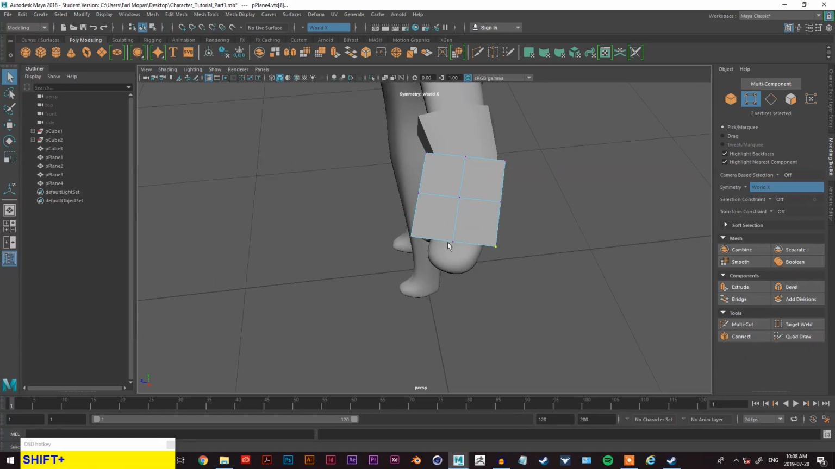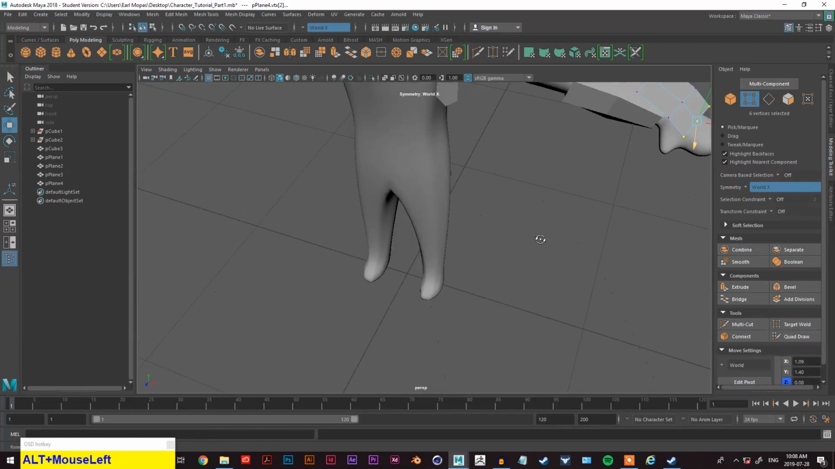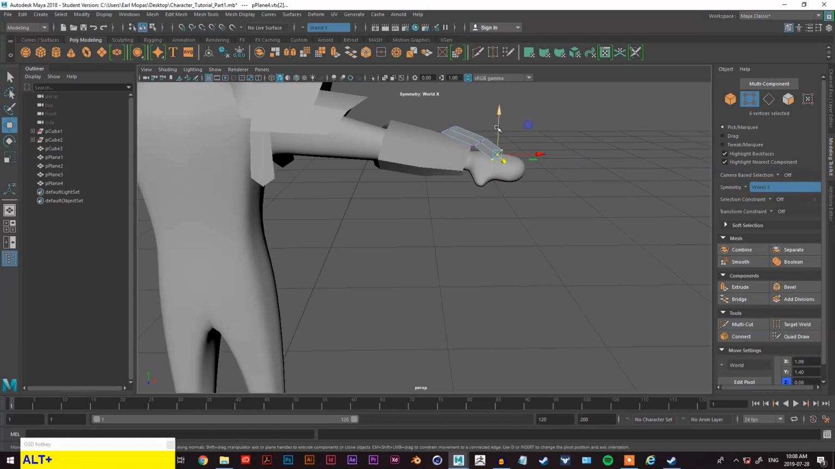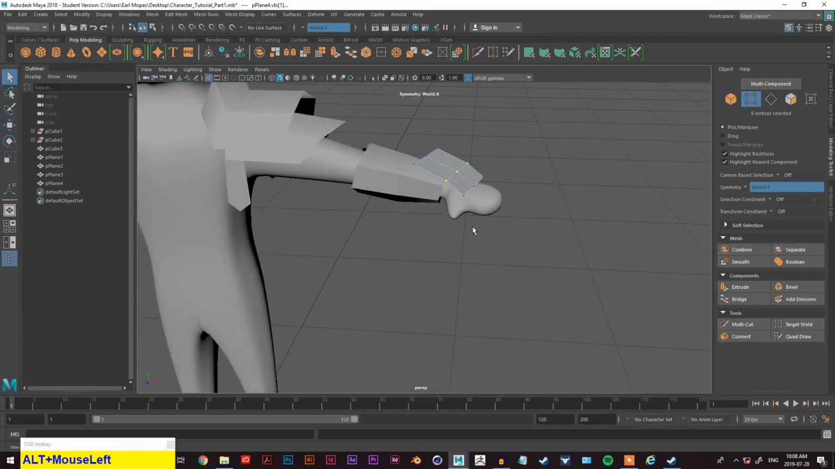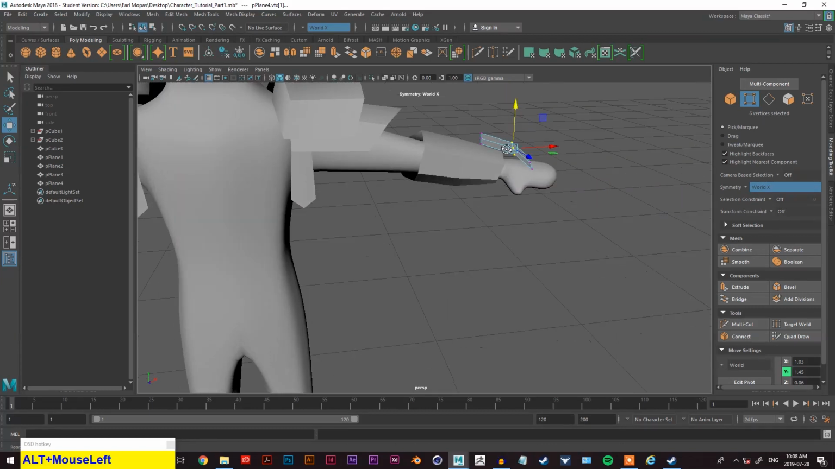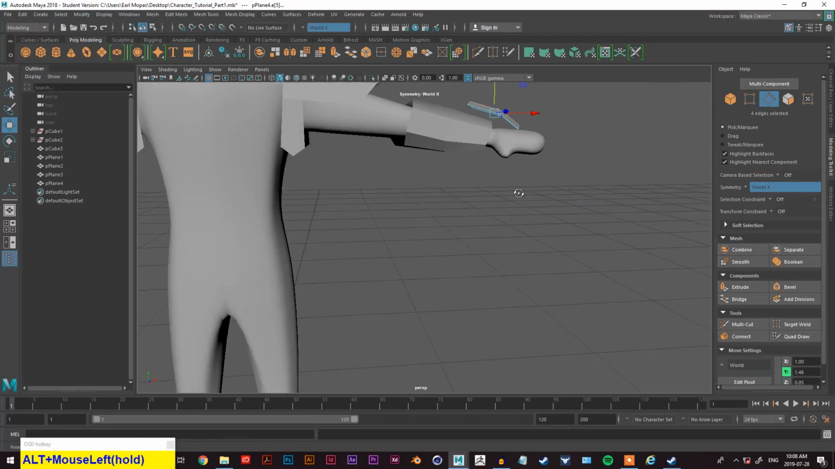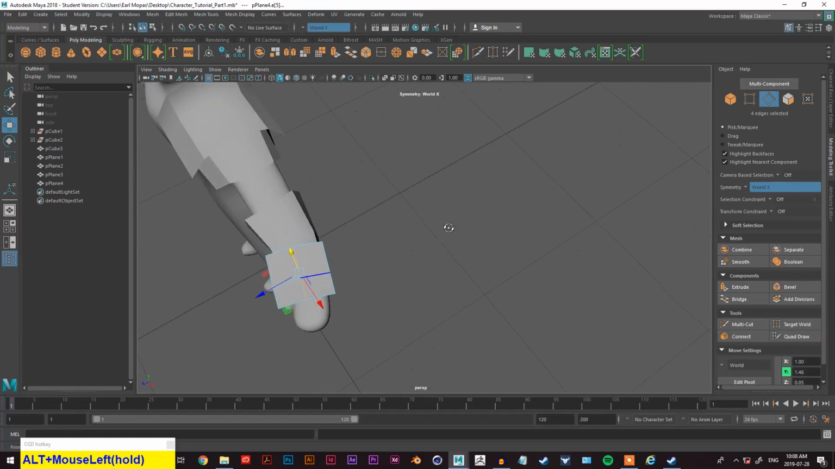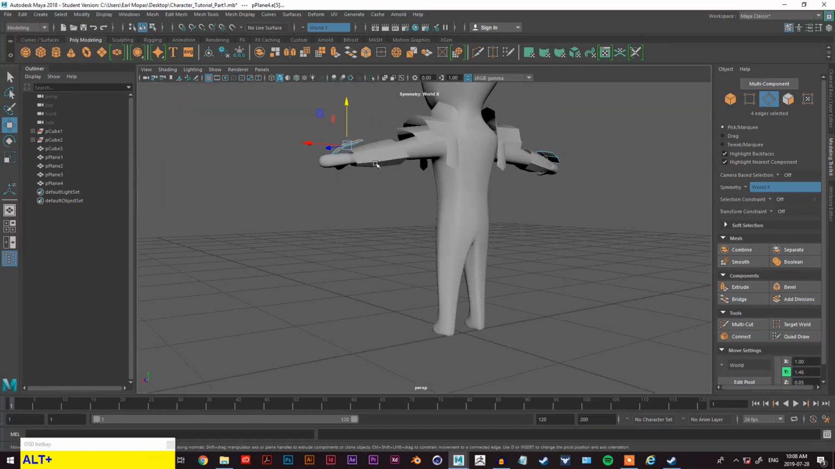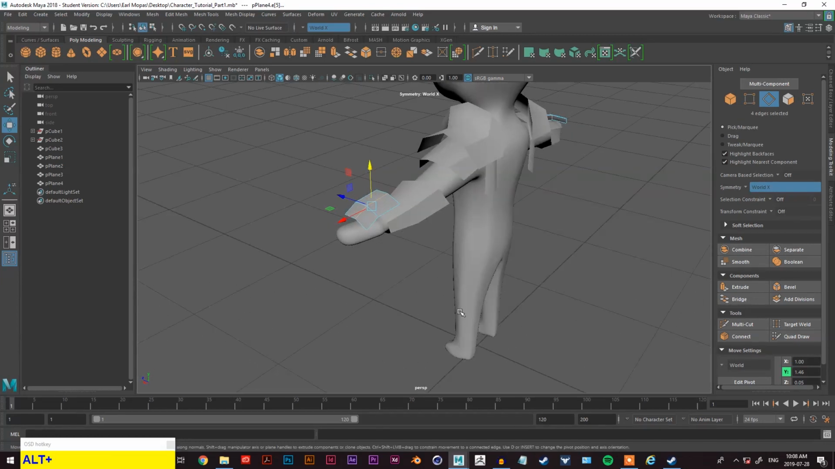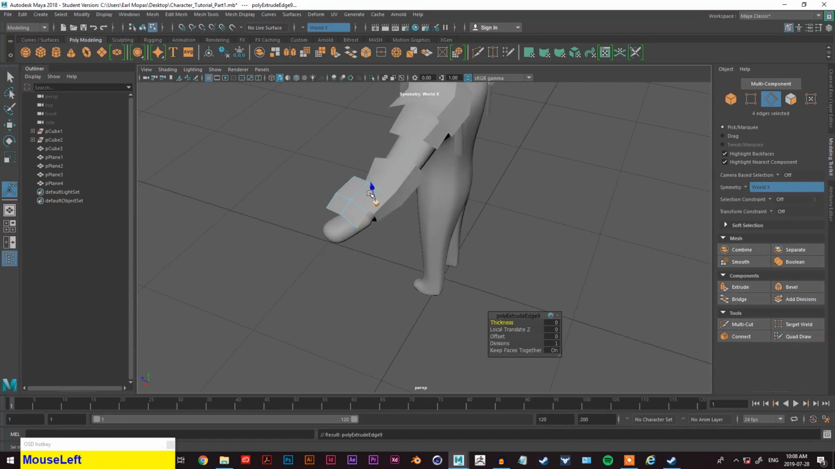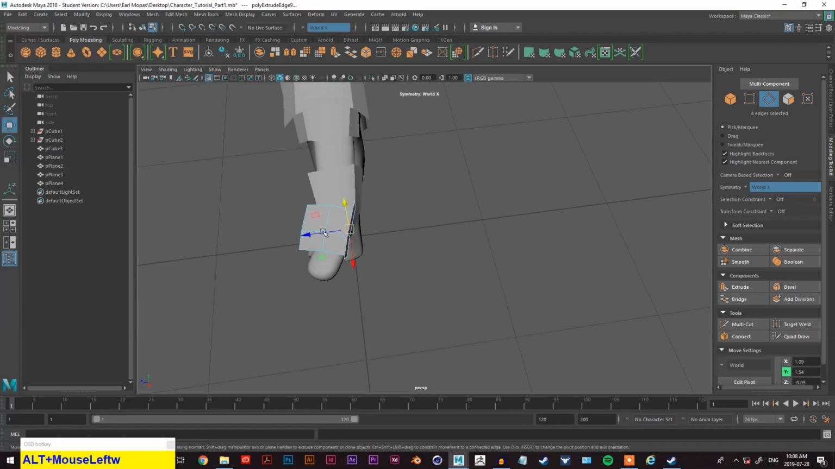Vertex, Q to apply. Let's bring this in a smidge, like that. And then bring that down, select this, bring this up, kind of round it out, go edge, select, double click there to select all the conjoined faces. Okay, nice. And then we're gonna go Q to apply, select these edges, go extrude, pull this out, and then